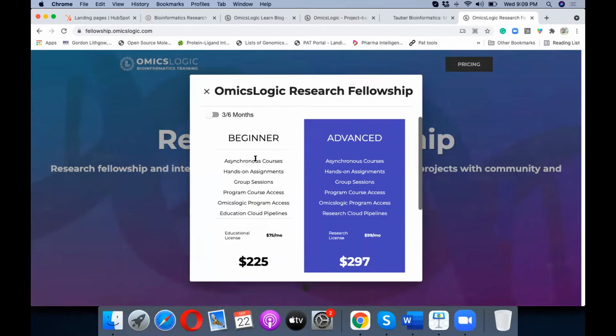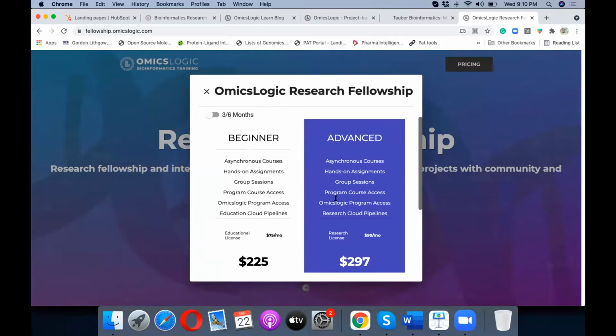The beginners licensing allows you to upload the data sets that are available on big public repositories like NCBI. NCBI in itself has a lot of other repositories where you will find all the data, and we will be discussing with you during this entire fellowship which data sets are the best for your analysis, what are the features, and all of that. So that is covered in the beginner's license. That is our educational license, which is $75 a month, which for 3 months becomes $225.